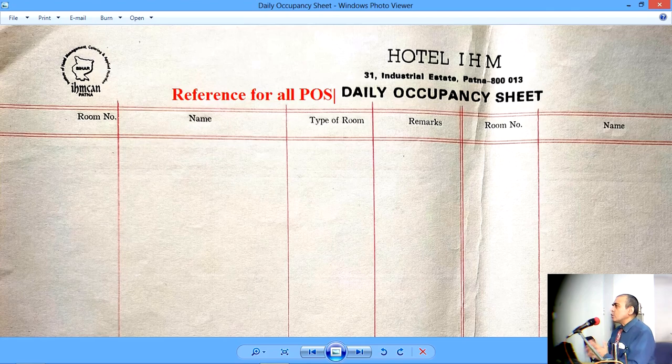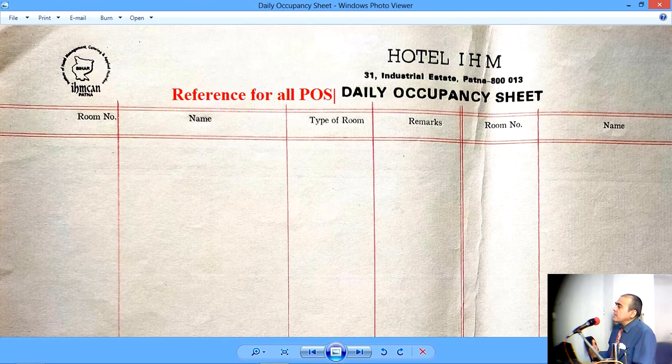So if any guest goes to a point of sale and says, I wish to have this, then we ask for their identification. They produce their key or key jacket. We confirm again from the occupancy sheet that is provided to us by the front office department. And only after we make sure that what the guest is telling about himself and the record that has been shared with us by front office department tally, they match, only then we accept the guest as genuine and allow them to place a credit order. A credit order means they will consume now but pay only later at checkout.